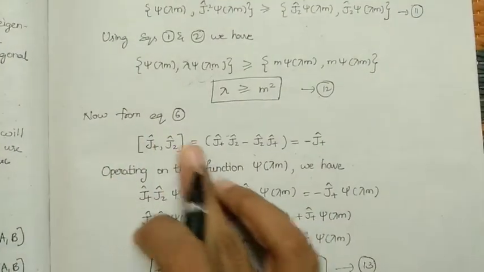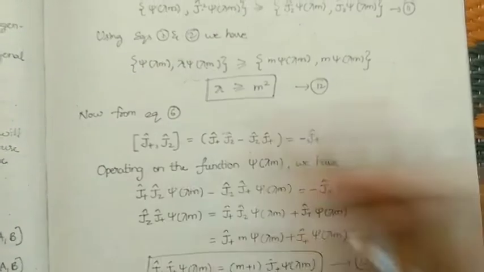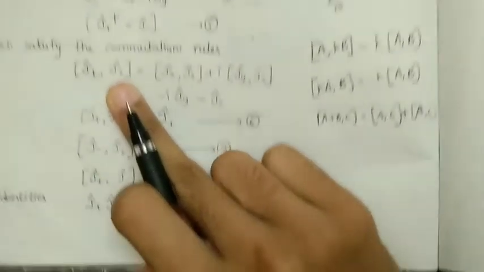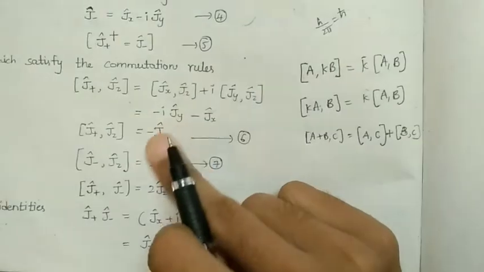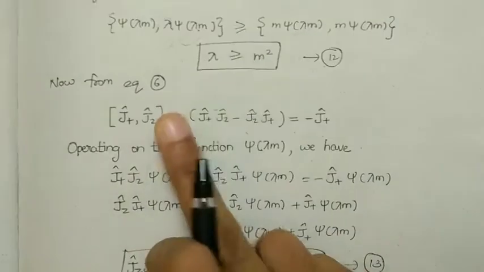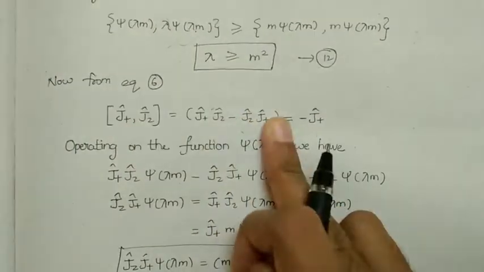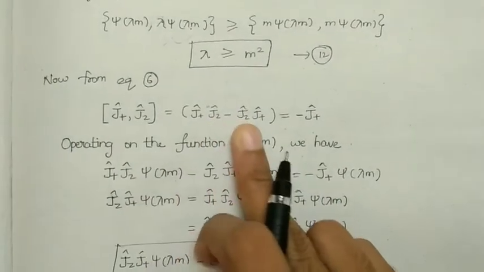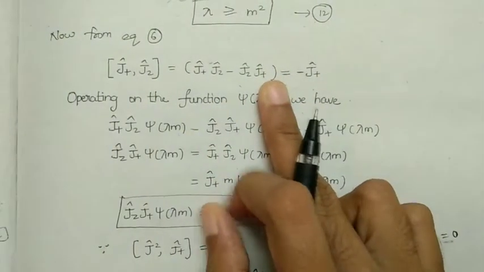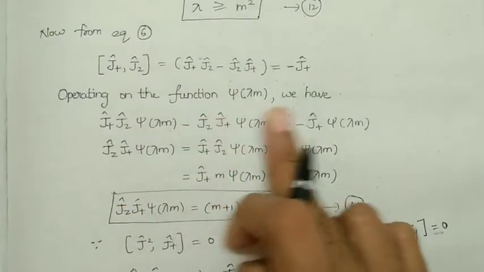Now from equation 6, the J plus Jz commutation. We have minus J plus. We know that the commutation of AB is AB minus BA. So that is J plus into Jz minus Jz into J plus, operating on the eigenfunction we have,